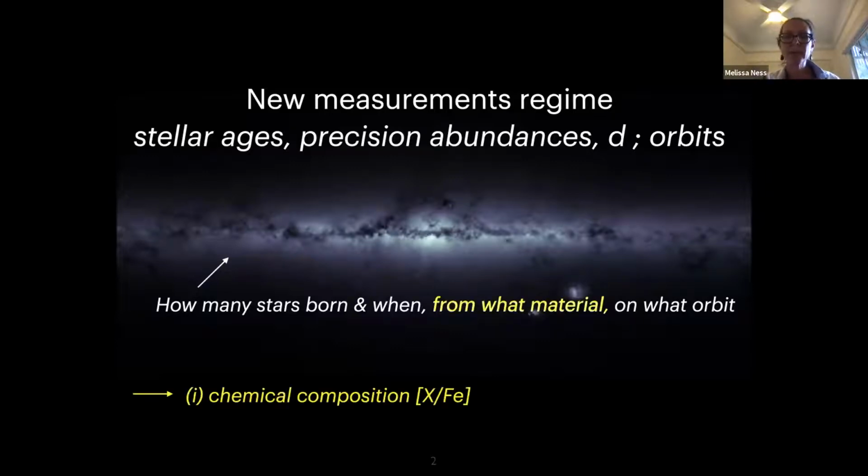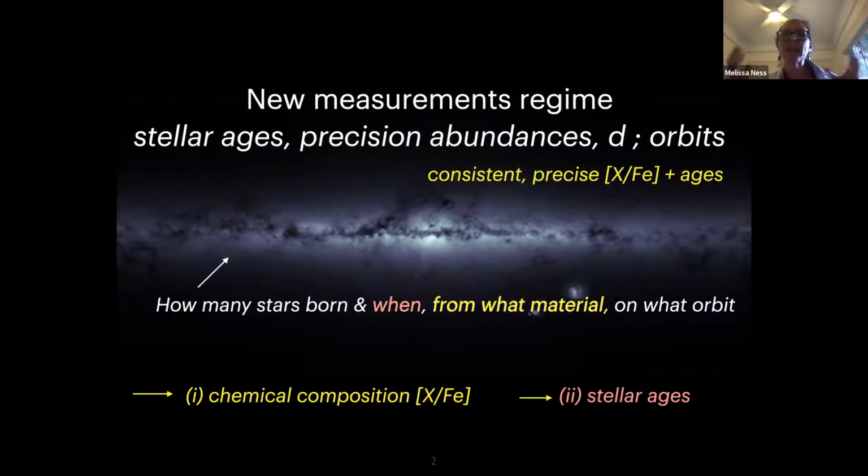To know on what material stars were born, we need to measure their chemical compositions. And to know when they were born, we measure stellar ages. Now, one of the beautiful changes in the last few years is we now have consistent and precise element abundances and ages for really large numbers of stars. And as an artifact of radial migration,